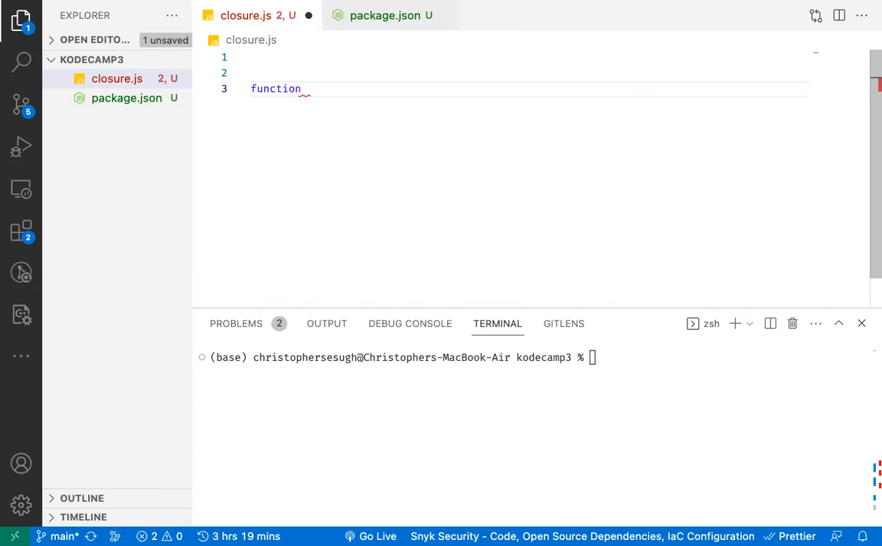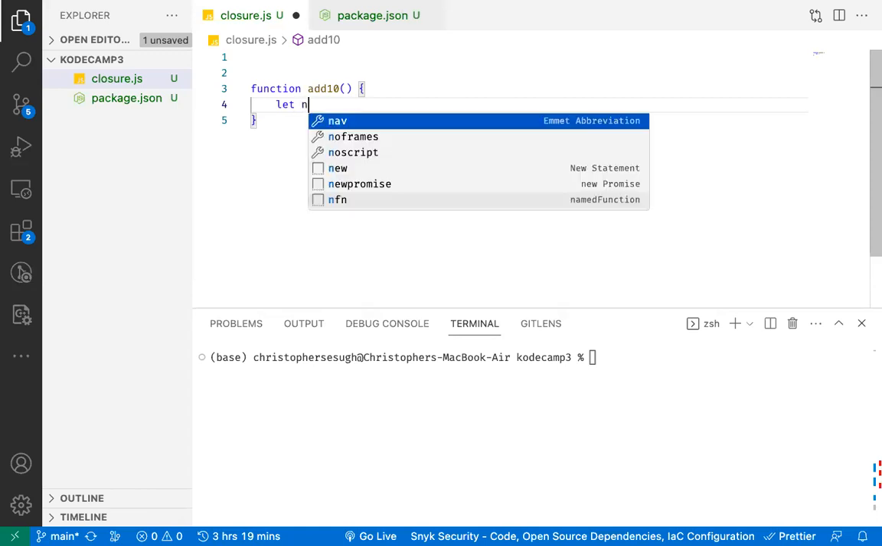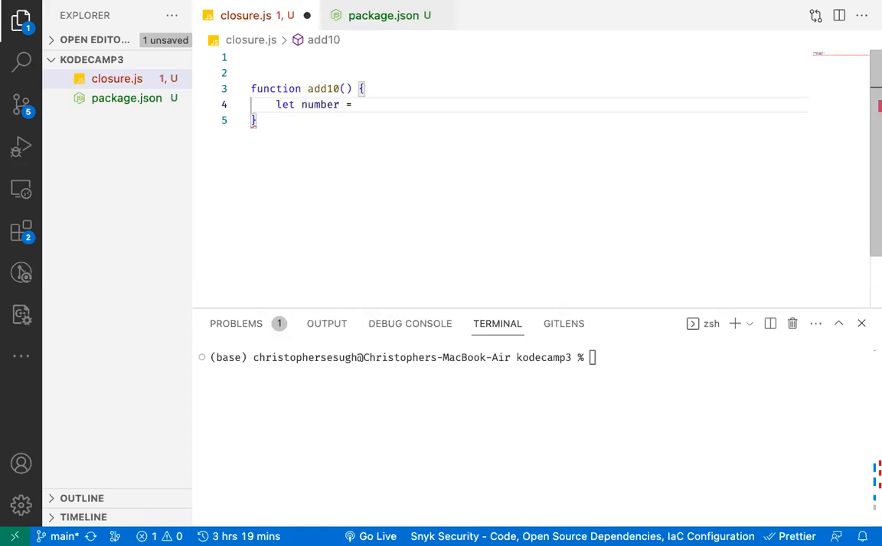Let's give it a name of add10, sorry. Now inside add10, we return an inner, let's say let's give it a private variable. Let number equal to 10. Now we are trying to create a lexical scope here. The inner function will be able to access this number here because this is its lexical scope. The outer function can as well access it, and the inner function will as well access it due to the